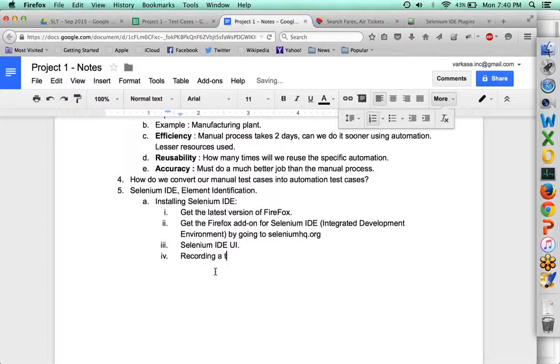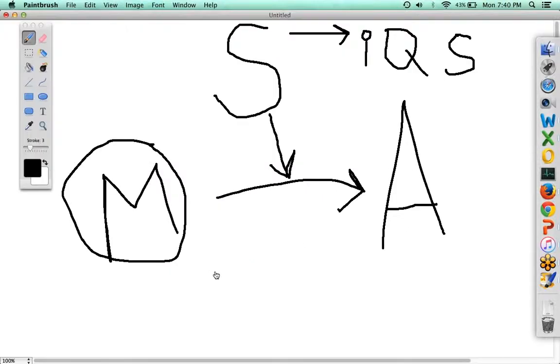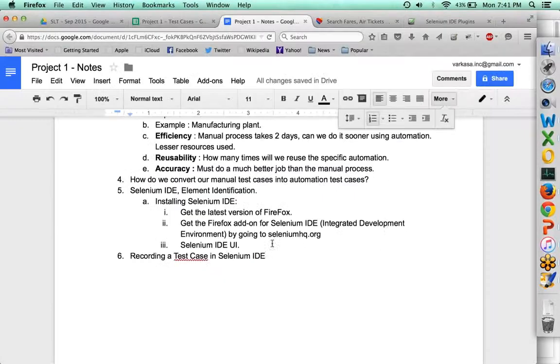Recording a test case in Selenium IDE. I'm not gonna put all the notes for this because we'll look at it live and we'll work on it. What was I saying? I was talking about